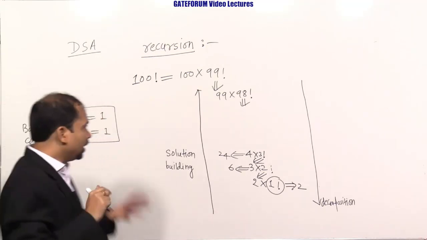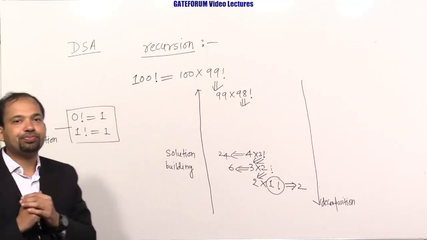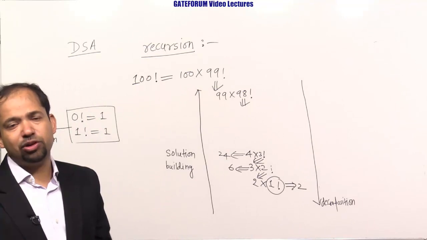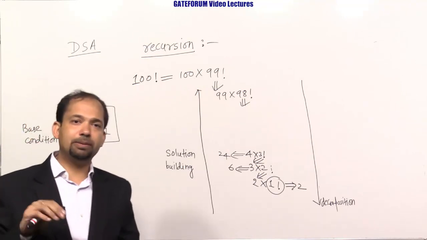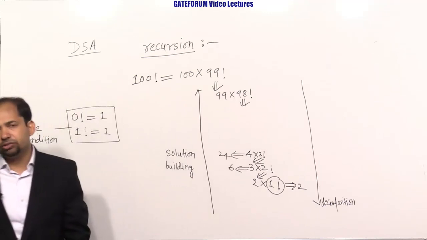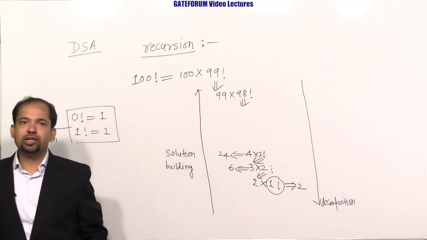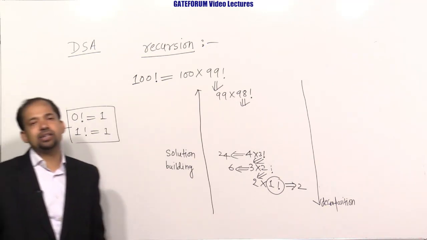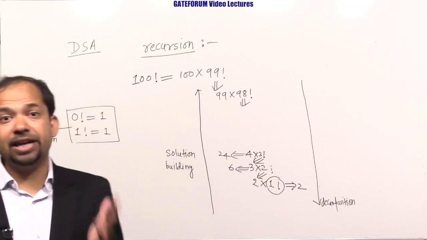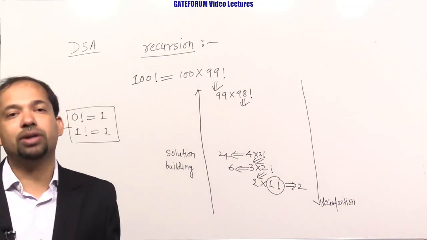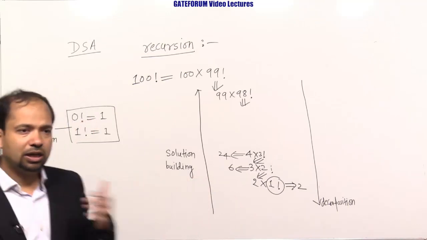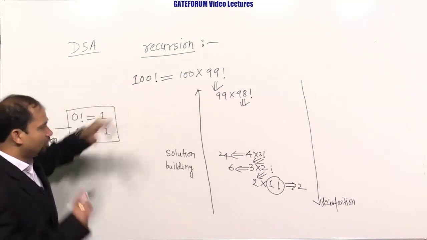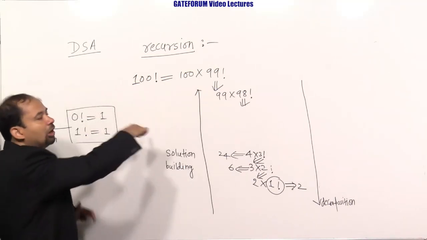Now if we have to write a program for recursion, we can write it in 3-4 lines, and it will give you a logical solution, simplifying the problem. With the help of recursion you can simplify a complex problem and give a logical answer in a correct way. But as far as time and space are concerned, recursion may not be the ideal or efficient one. We will talk about time and space complexity more in coming classes, but I will also talk about how we can solve this particular problem without using recursion.